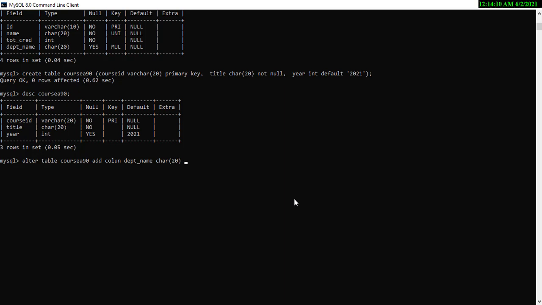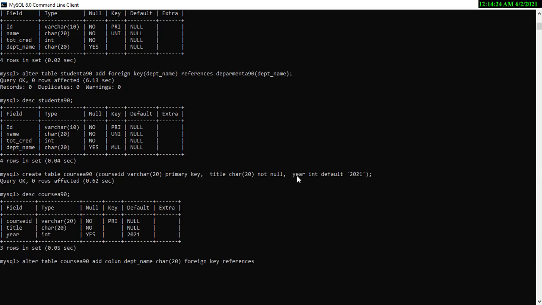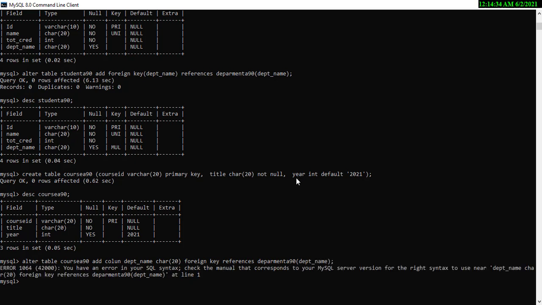Foreign key references, क्या थे, DEPARTMENT A90 DEPT underscore name.